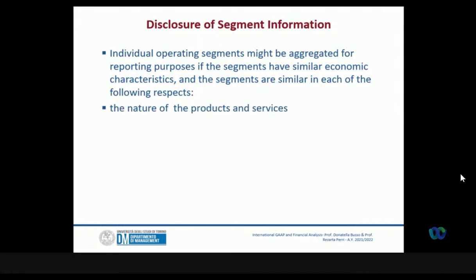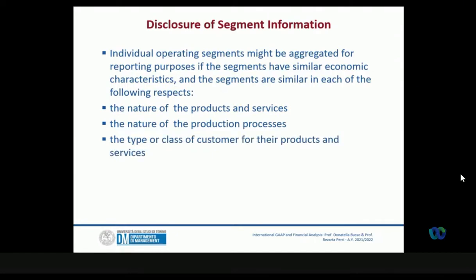and the aggregation of different segments with each other has to follow the rules of having, for example, similar or the same nature of products and services. You cannot combine under the same operating segment 2 different products that have different characteristics and different features and different risks associated to them. Also, they have to be followed by the same nature of production processes, the same rules and the same tasks, how to produce and manufacture different